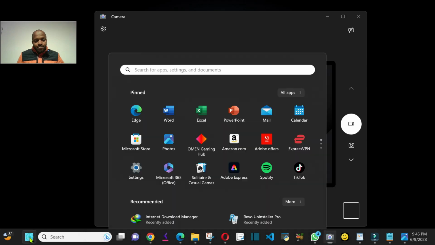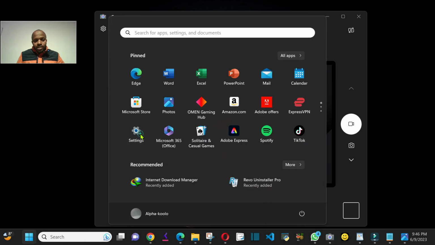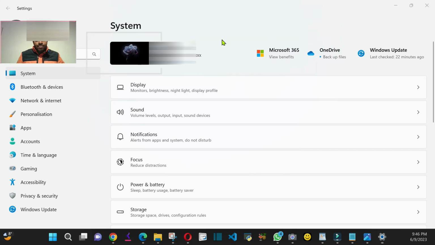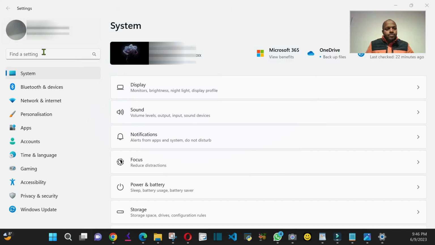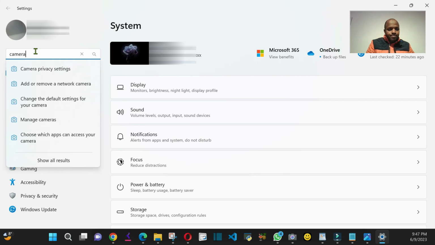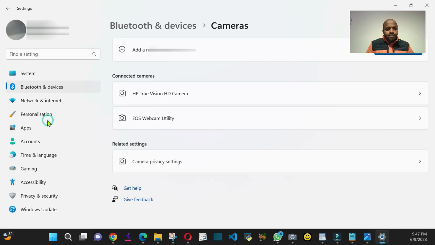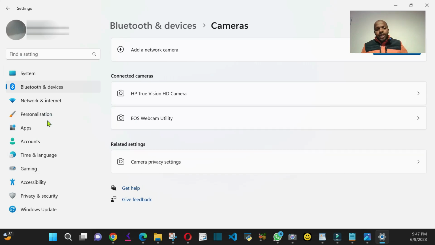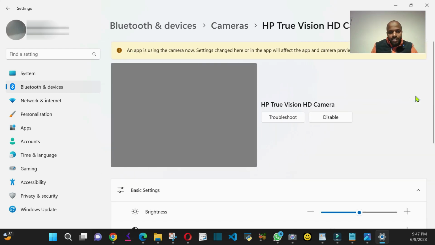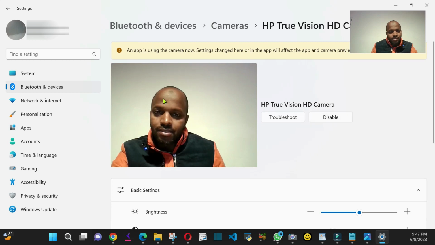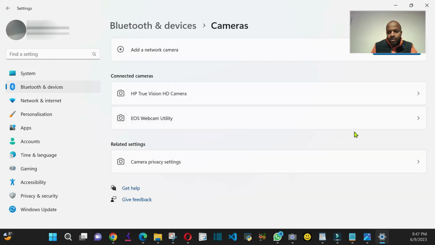You click Start, go to Settings, look for Camera, and come to Manage Camera. Here I have two cameras connected. I have the HP True Vision camera, this is the one, as you can see here. And then I have my Canon